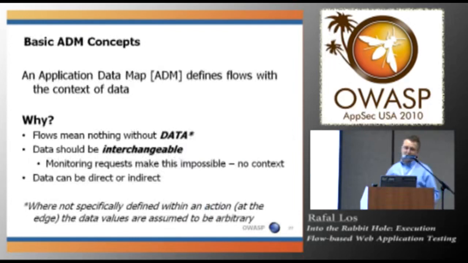So basic ADM concepts, application data map concepts. An application data map defines flows within the context of data. So this is data-driven testing. I mean, guys, we've been talking about data-driven security testing for I don't know how long. I know many of us haven't been paying attention, but that's a different story. Flows mean nothing without data. So a lot of these flows you can draw, but if I strip away all the data on them, it's just boxes and arrows. Because 90% of the time, once the application complexity starts to ratchet up, I can't ever get past like the second or third box without